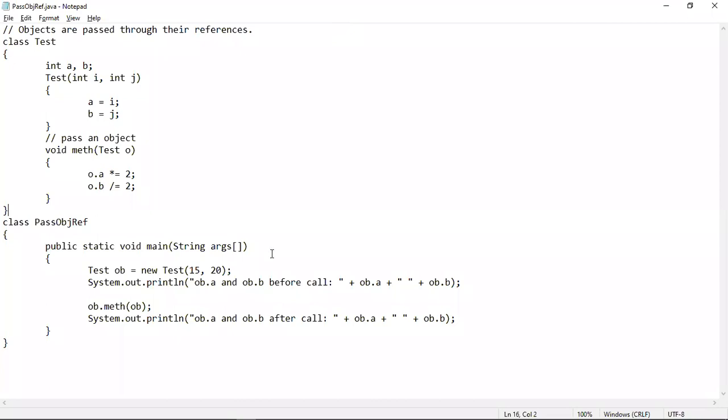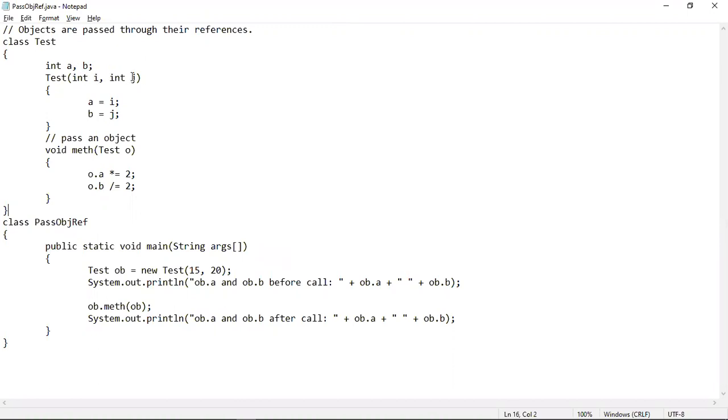So this is an example program that demonstrates how call by reference can be implemented. Let's understand this program. Test is a class. Inside it, two instance variables a and b of integer type are declared. Test is the constructor, a parameterized constructor.